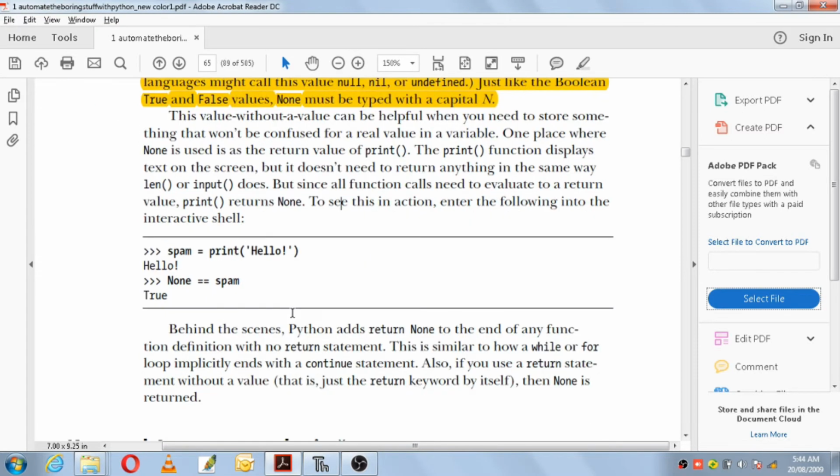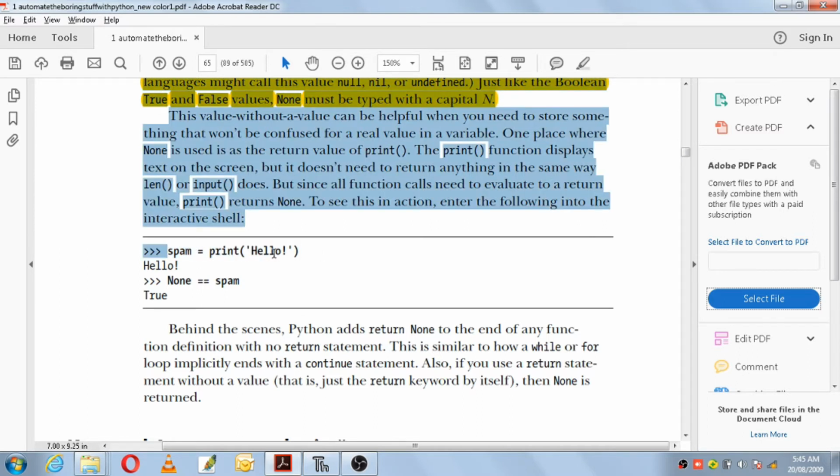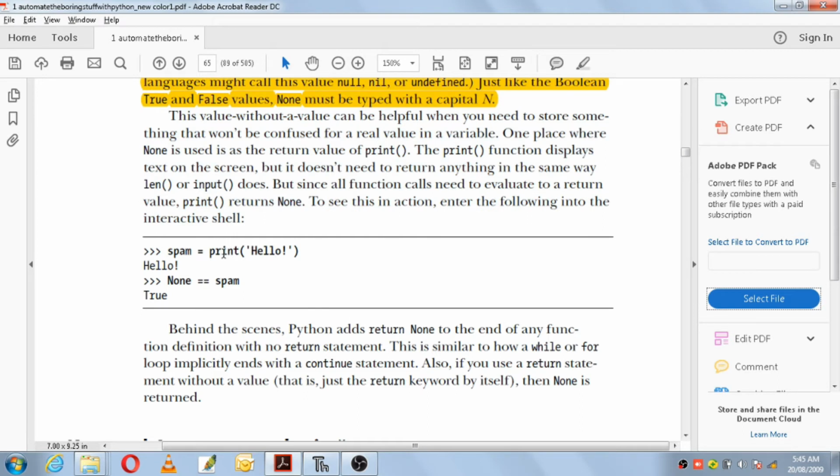Then here one more example is there. Print statements do not return any value. They just print whatever you give in the parentheses, so they do not return any value here. So that function you have assigned to which variable here? Spam. Okay, so when you execute the statement, it will print the output of this function, that is hello. Hello will get printed, and there is nothing in spam.